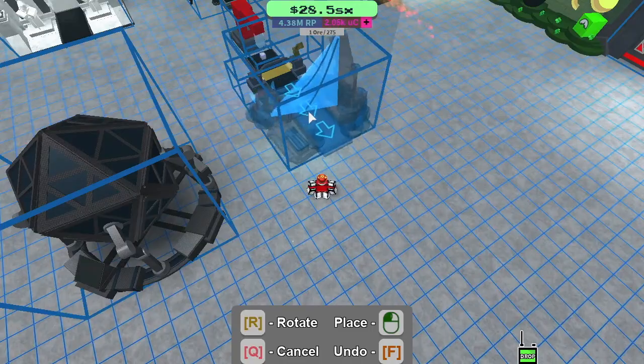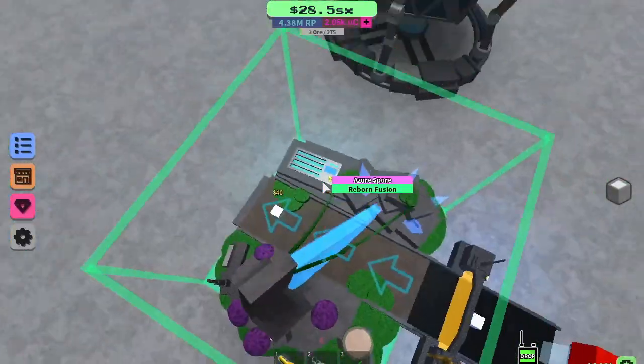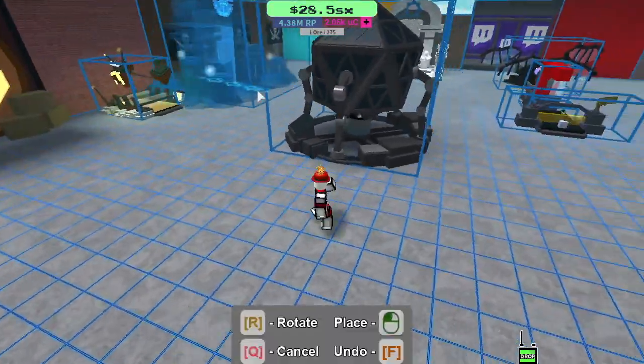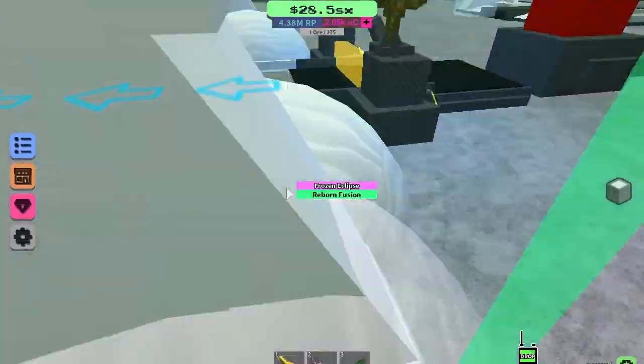Azure Spore. This one does 20 times. Use it, and it also removes any status tags. That's just incredible. Frozen Eclipse. This is Frozen Justice and